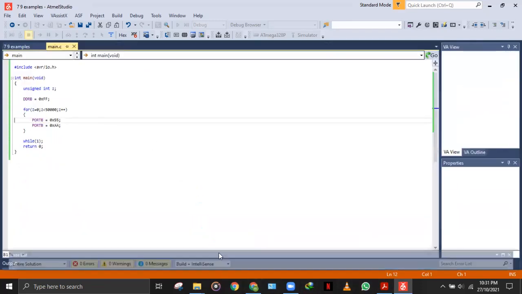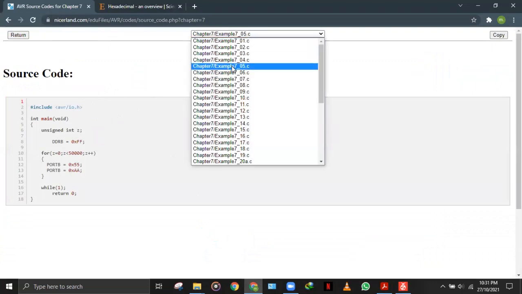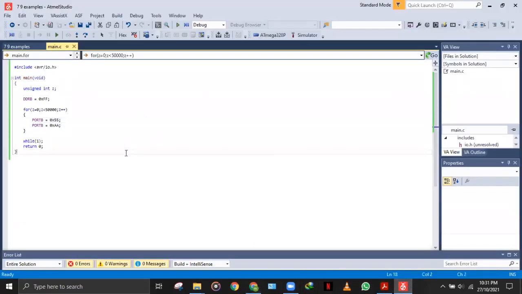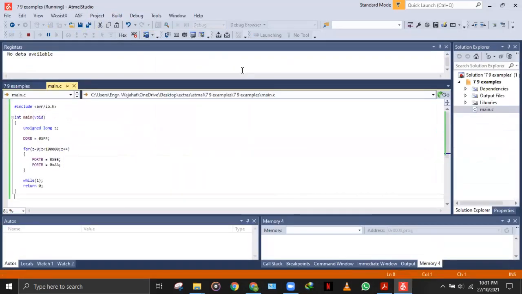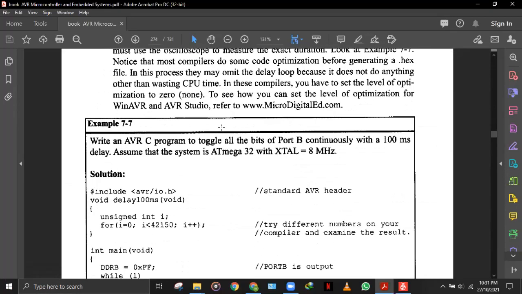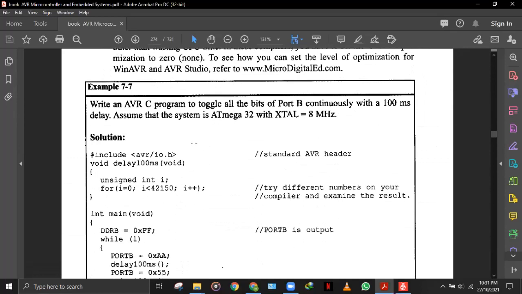सो अब हमारी अगली एग्जांपल जो है वो है सिक्स एग्जांपल। लेट अस कॉपी दिस, स्टार्ट डीबग। सो ये वही है जो पहले हमने देखा कि अब हम जो पहले उसकी वैल्यू 50,000 थी, अब हम उसको 100,000 टॉगल करवा रहे हैं। सो आई गेस ये कोड तो हम अभी देख चुके हैं। सो वी विल मूव टुवर्ड्स नेक्स्ट कोड, ताकि हम अपना टाइम थोड़ा सा बचा सकें।